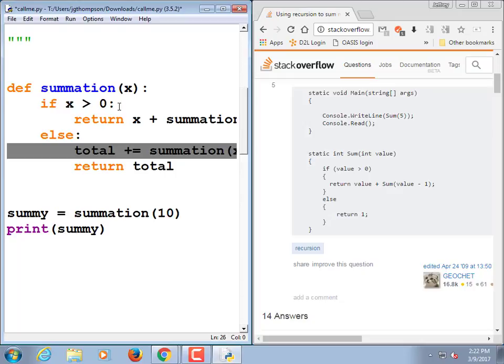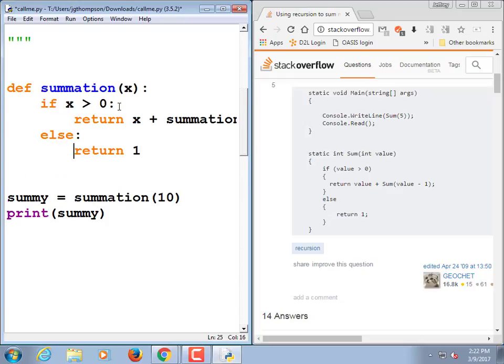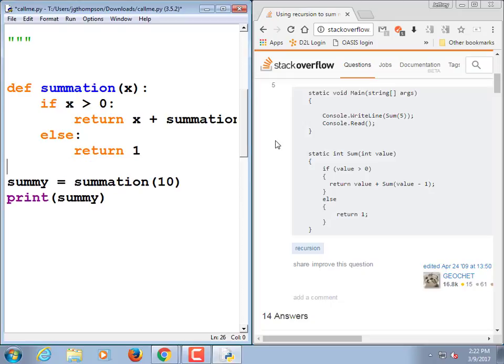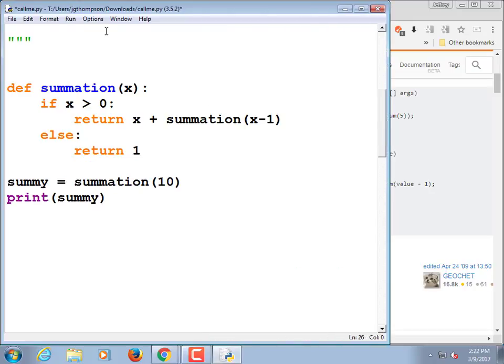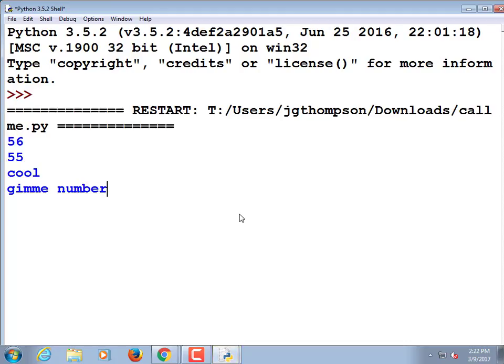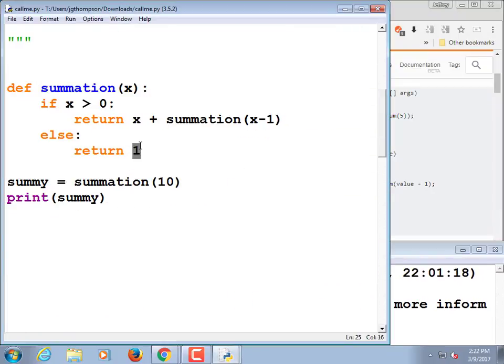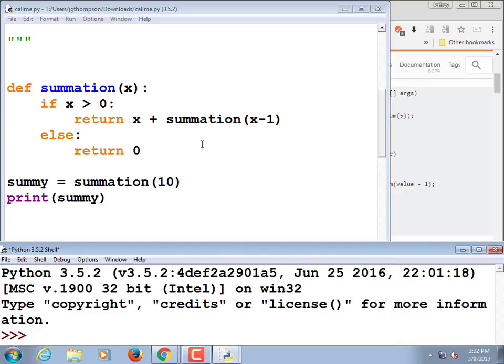Else return 1. Let's see if that works. 56 rather than 55. My hunch was that that was not supposed to be return 1, and that their example is wrong.